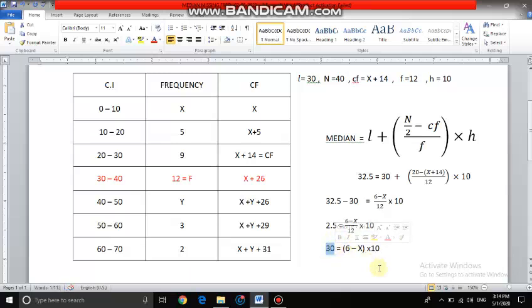I got this 30 by multiplying this denominator 12 with 2.5. So 2 12s are 24, 0.5 into 12 is 6, so 24 plus 6 is 30. You can do your own way of calculations here. Now what you do is bring this 30 to the left hand side. So it will come 30 by 10, so which will be 3 equals